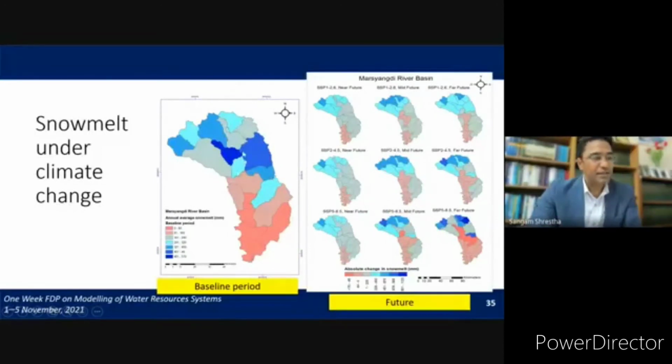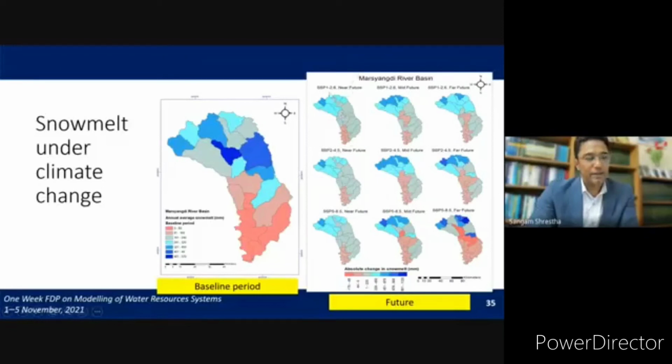The snow melt is higher in the northern part of the basin, okay? And in the future, we found that the snow melt is going to increase in the northern part of the basin